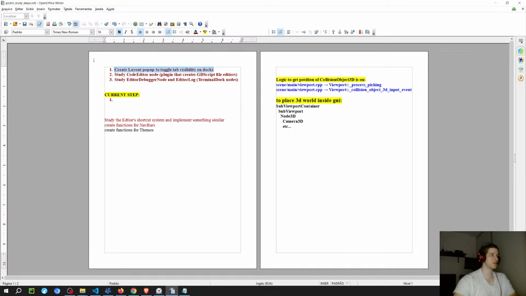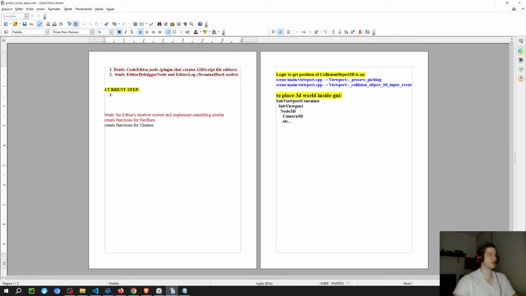So next time that I stream, I'm probably gonna study these nodes here. There's actually 3 different nodes, but when it gets time to implement the third, which I think is gonna take a lot more time, I'm going to think about whether or not to focus on this first. Oh, the other thing that I have to do on the navbars is to see if I can remove